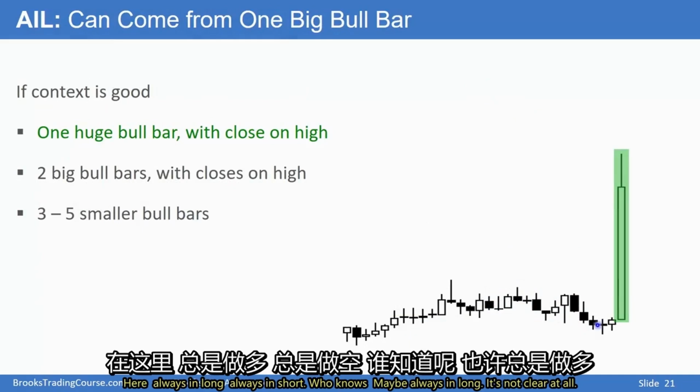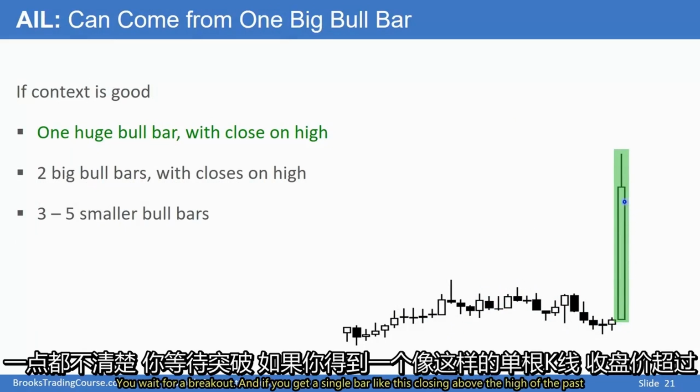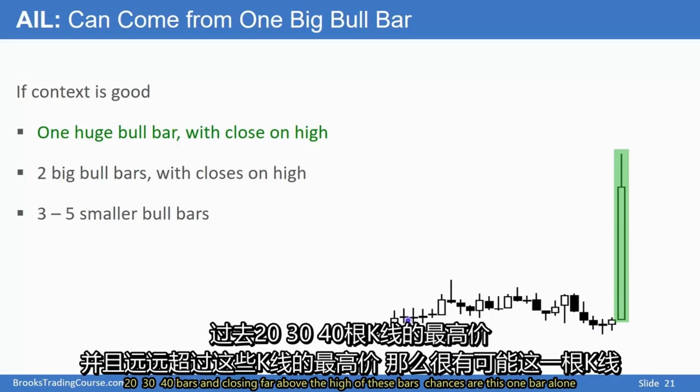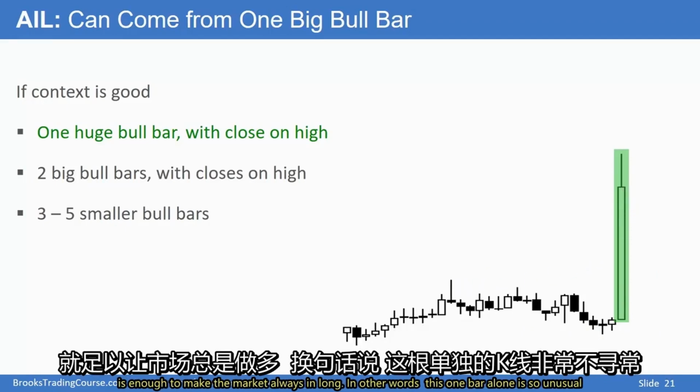Here, always in long, always in short. Who knows? Maybe always in long. It's not clear at all. You wait for a breakout. And if you get a single bar like this, closing above the high of the past 20, 30, 40 bars, and closing far above the high of these bars,